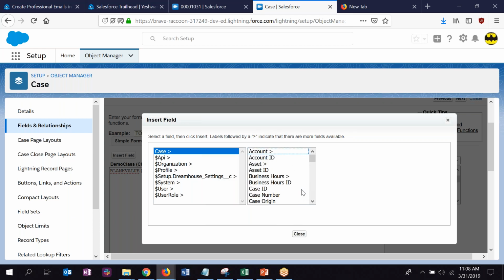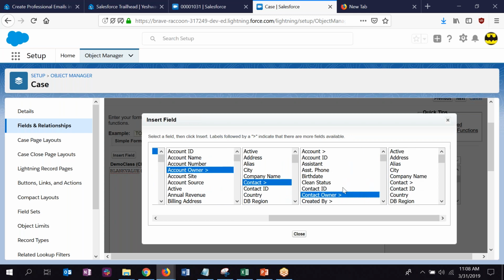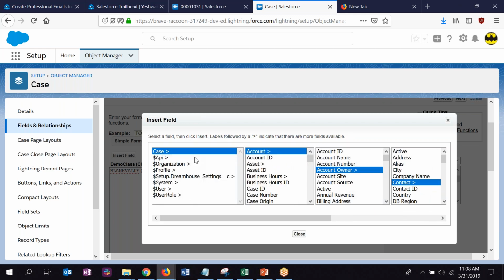So for example, let's say they want to connect case and account. So you just get to case, you see it's connected to account. Anytime you see this greater than symbol, that means it's an object and there are more fields available. So you can keep connecting one by one. And in case you're not able to find it, that means those two objects are not related. You can tell the person, no, it's not related, we are not able to do it. And then you can talk to the developer, see how it gets connected, work with them and make it connected. Okay.